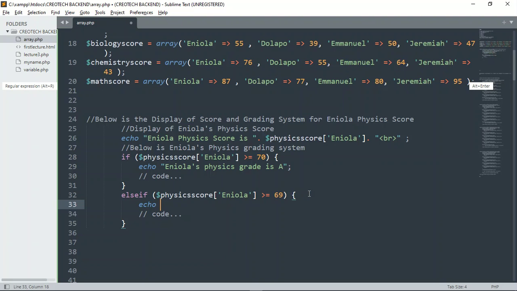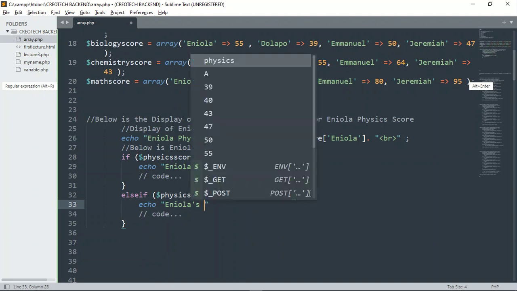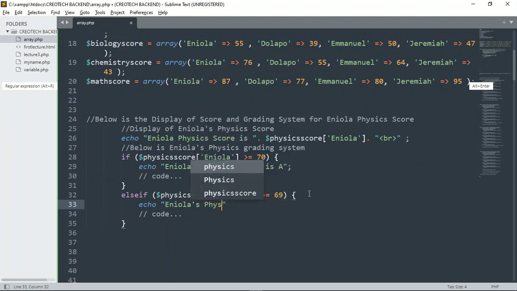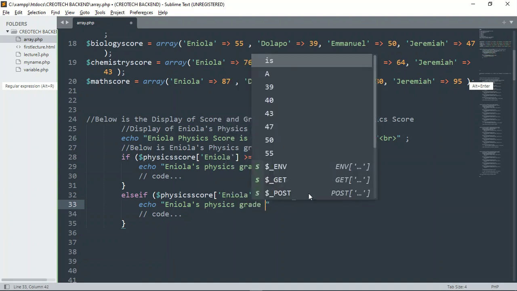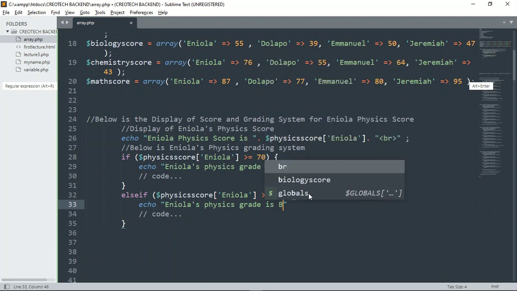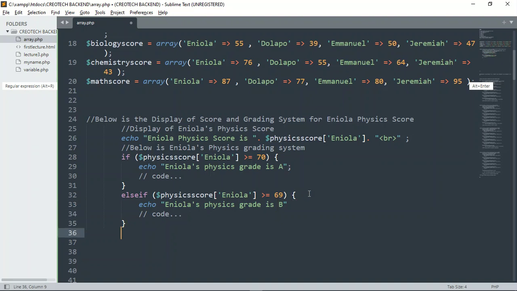What should it echo now? It should echo that Eniola's physics grade is B. So following that B, then else if